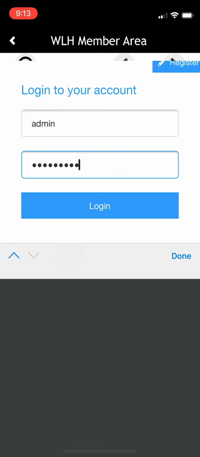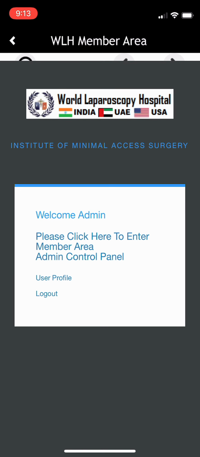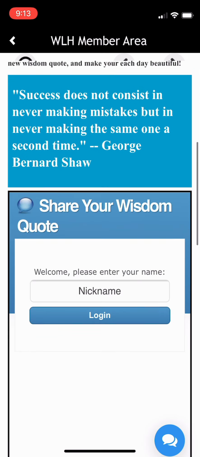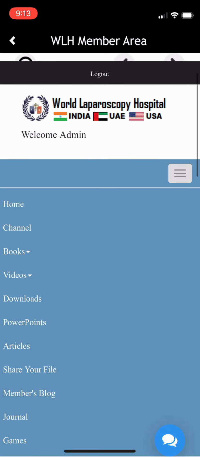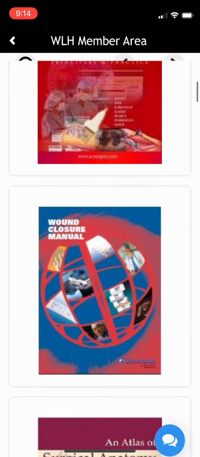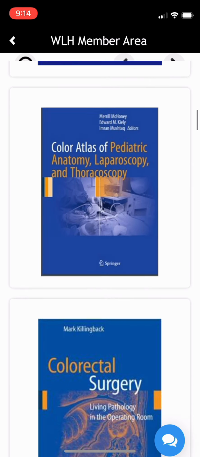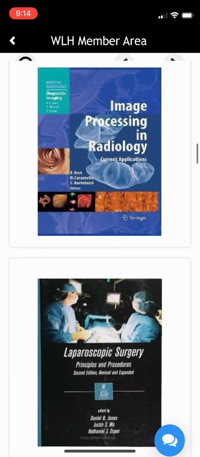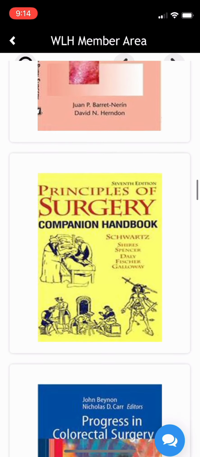Here it's a huge amount, 3 terabyte space is there, where thousands of videos, hundreds of books, thousands of articles are there for our member. And now we are in the member area, and then you can access all the information and the reading materials. Like I will show you, here it is the book section, and you have the books of general surgeons, and you can see hundreds of books are there, and all these books we have bought, and you can download those books from this member area to your mobile phone, and later you can read them, or you can download them and then transfer them to your desktop computer, and then you can use them.